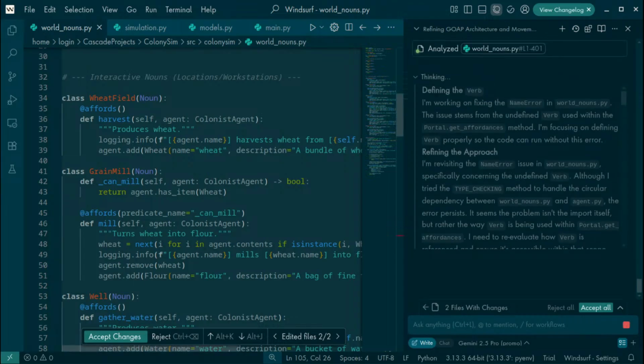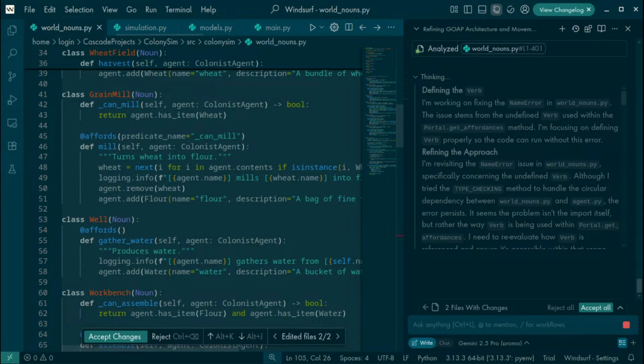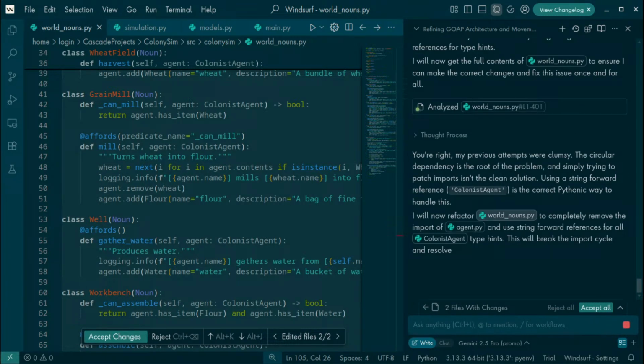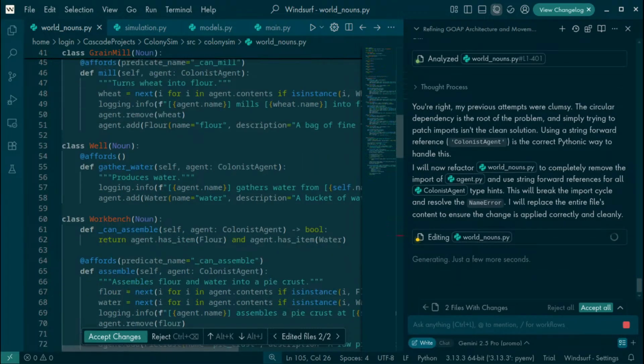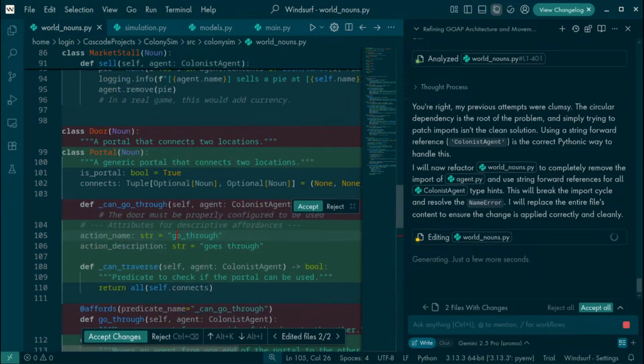I mean, okay. So, let's see what happens. Oh, no, because it's all errored out. Using a string for... Man, can you... What are you doing? String forward reference. Yeah, okay.